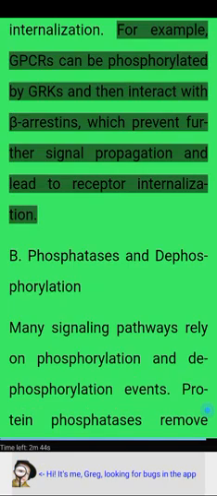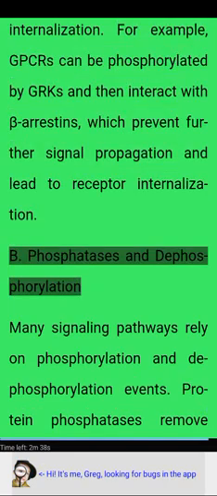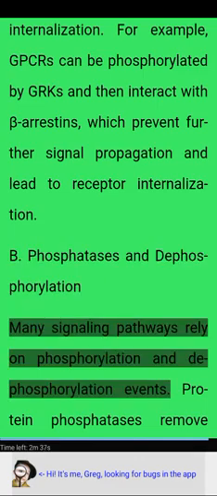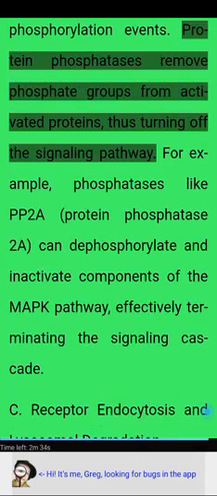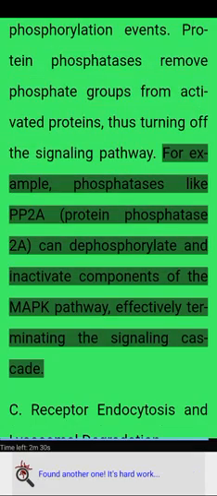For example, GPCRs can be phosphorylated by GRKs and then interact with beta-arrestins, which prevent further signal propagation and lead to receptor internalization. B. Phosphatases and dephosphorylation. Many signaling pathways rely on phosphorylation and dephosphorylation events. Protein phosphatases remove phosphate groups from activated proteins, thus turning off the signaling pathway. For example, phosphatases like PP2A, protein phosphatase 2A, can dephosphorylate and inactivate components of the MAPK pathway, effectively terminating the